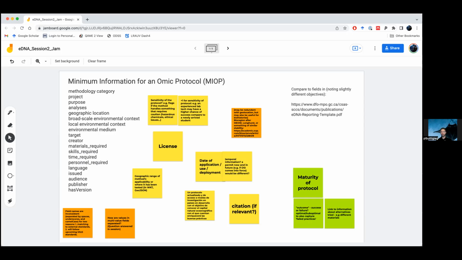The question here is, do you think that should be a top level minimum metadata field for the protocol? Primers are not used with all omic protocols. There are primer-free methods, etc. So that's why we rule it out, because it's not true of all protocols, so it's not minimal. What we would probably have is the same thing that happened to MIxS. They have a core set like this, like Maya, and then they have packages and extensions for different kinds of environments, for different kinds of things. So we'd likely have one for marker genes, an extension on this core that applies to all protocols. So we can pencil that in there.